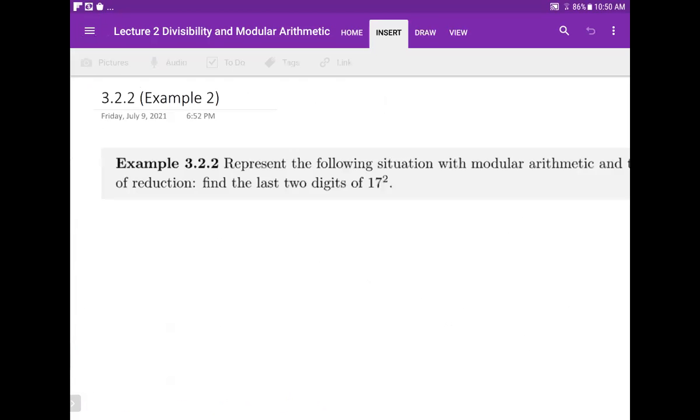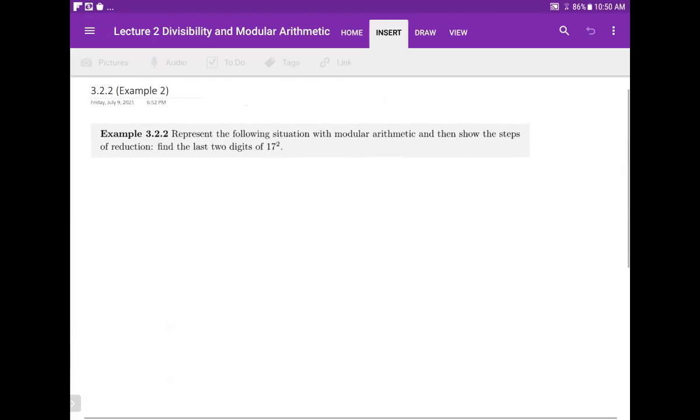Okay, so let's try another one. Represent the following situation with modular arithmetic, and then they'll show the steps of reduction. Find the last two digits of 17 squared. Well, when we find the last two digits of something, we're essentially saying we want to find mod 10 squared